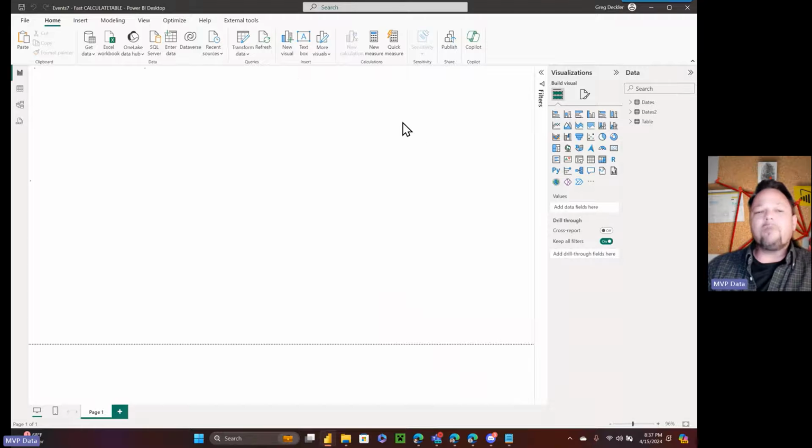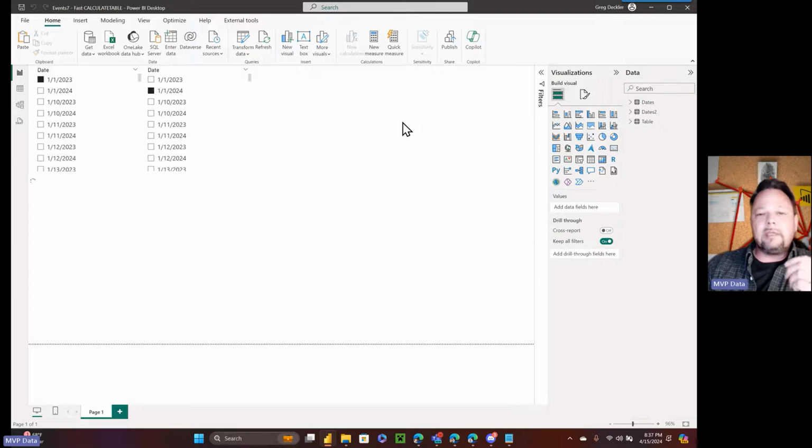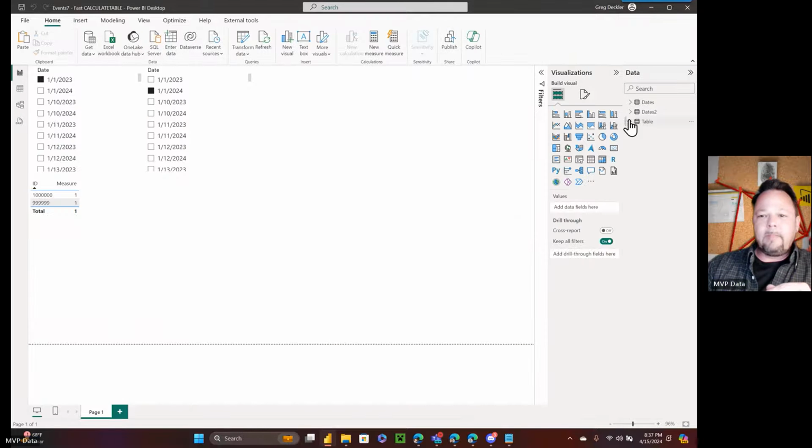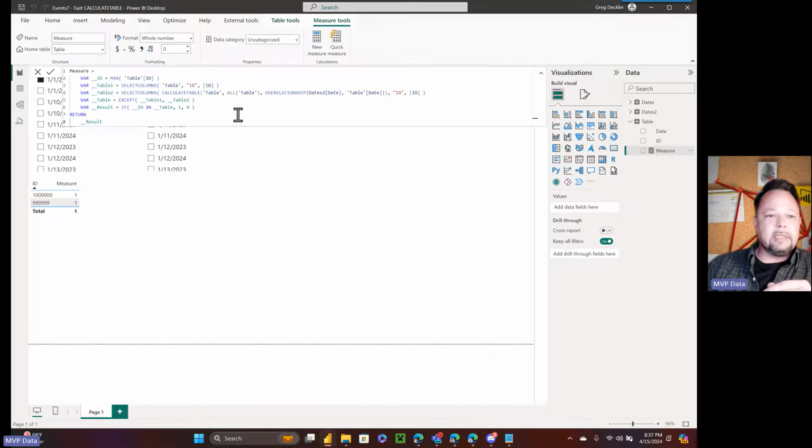So the last one was about 12 seconds, right? With basically two inactive relationships between the two tables. Now you can see that one obviously was faster. So all we did in this one is we changed one of them to be active and the other is still inactive. Our measure is actually pretty much exactly the same, except that we don't have to use a use relationship. We can just grab the IDs.